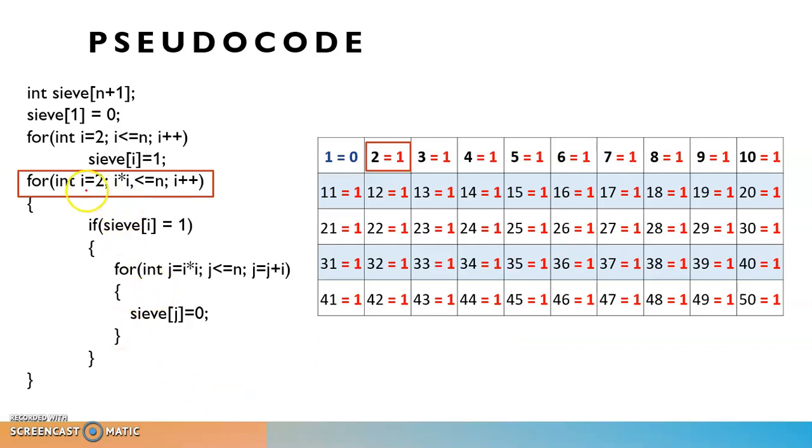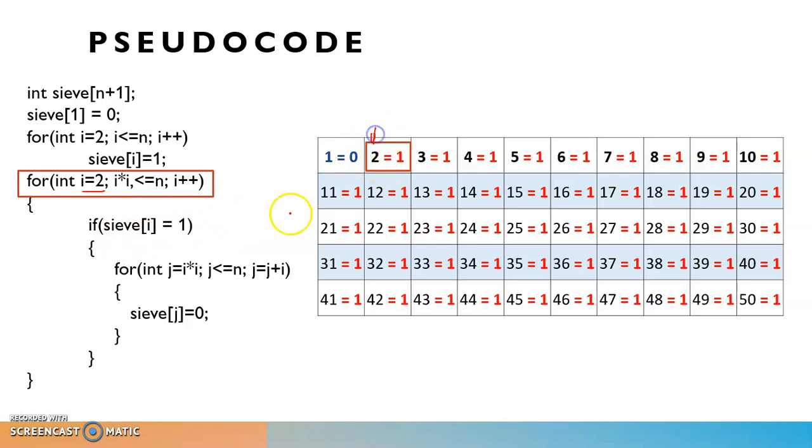So just start from here, I equal to 2, the first number, correct? You can see here I have marked over there. Now just check the condition. What is the condition? Condition is if I into I, that means 2 into 2, is less than or equal to n. Yes, it is less than 50, correct? So go inside this, and as you go inside the loop, if c of I, that means c of I means what? 2.